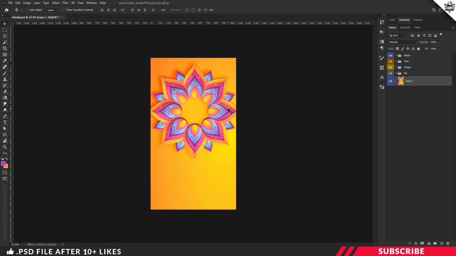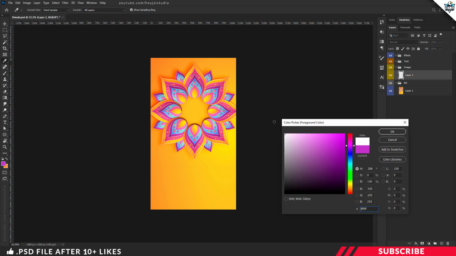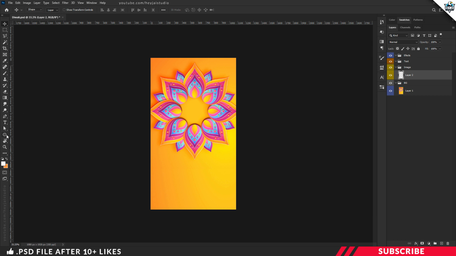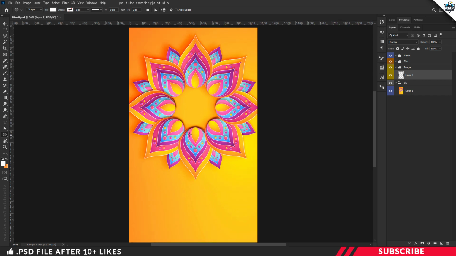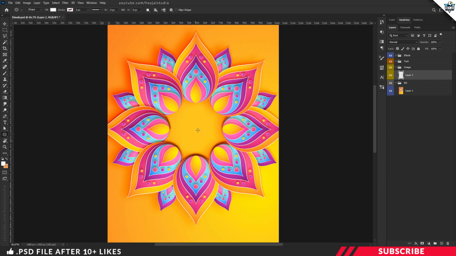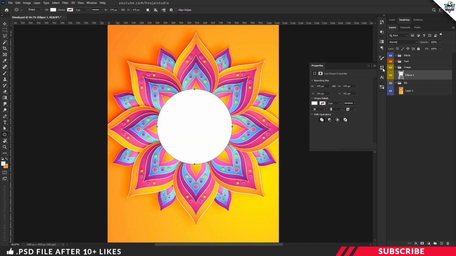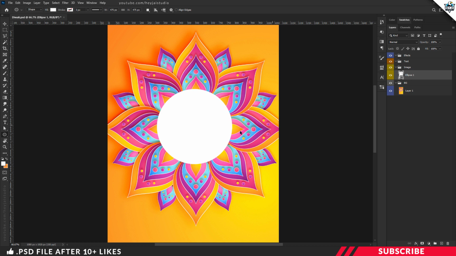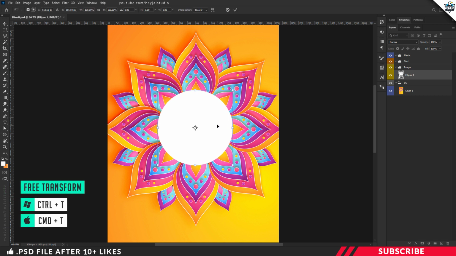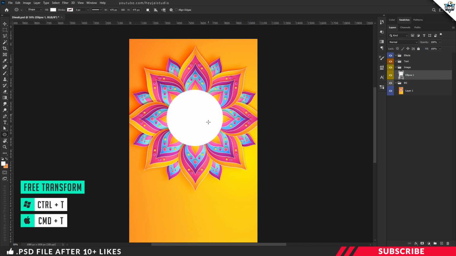Next we are going to create an image placeholder shape, which is a circle shape at the center here. For that, select the image group, create a layer. Now go to color picker, select white color. Now pick the ellipse tool, this one. Make sure fill is enabled, stroke is disabled. Now by holding the shift key, create a perfect circle shape like so. There you go, we created our circle shape. In case you want to resize the shape, enable free transform tool, Ctrl T and resize it.